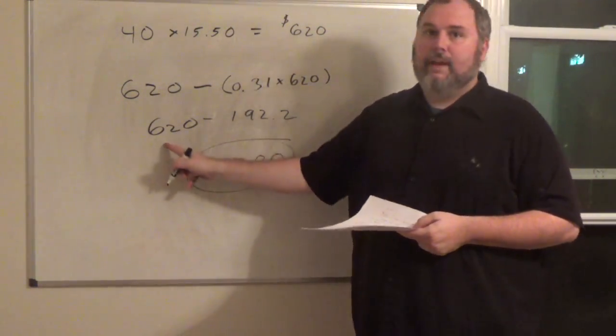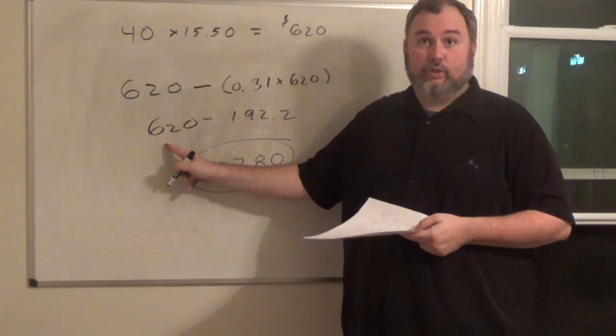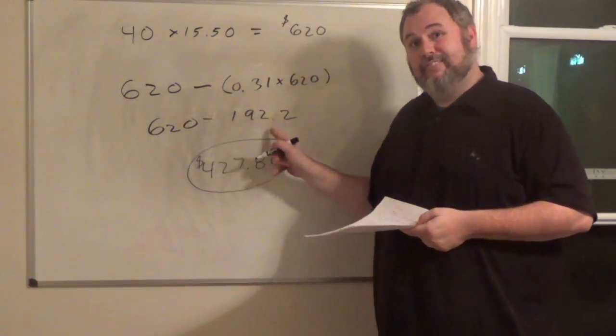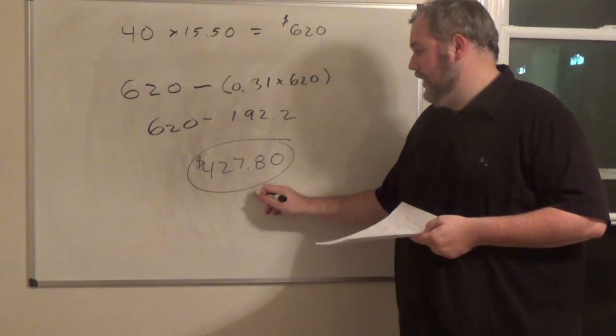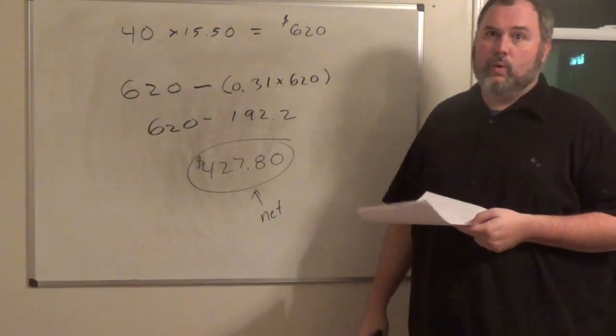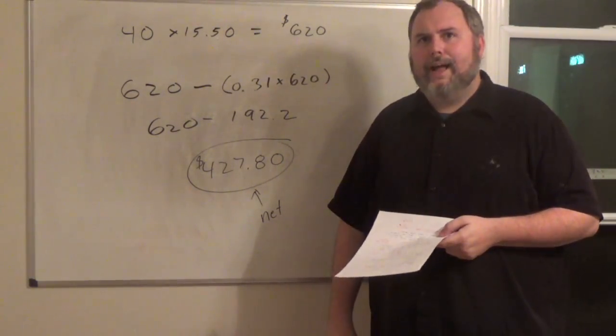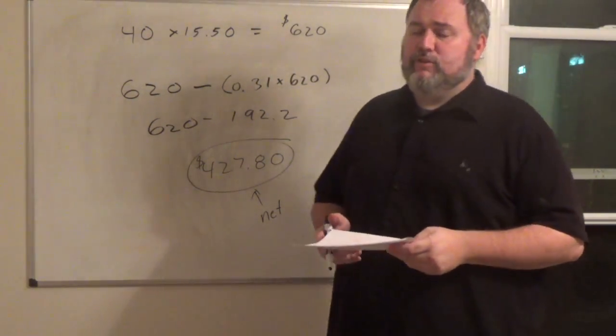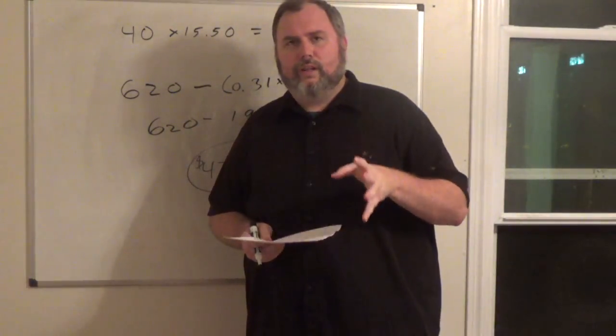So even though I made 620, the government thought it was gross, so they took out taxes and left me with what's called my net. This is actually what I made. All right, now that right there gives the basis of all the things that I really wanted to cover